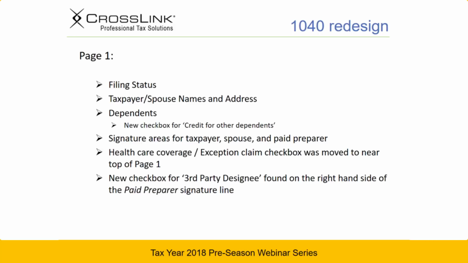So on page 1, you're going to find the filing status, taxpayer and spouse information, the dependents, signature areas, healthcare coverage, and a new checkbox for third-party designee. It's found on the right-hand side of the paid preparer signature line. I'm going to show you this here in the program in just a moment, but before I do so,